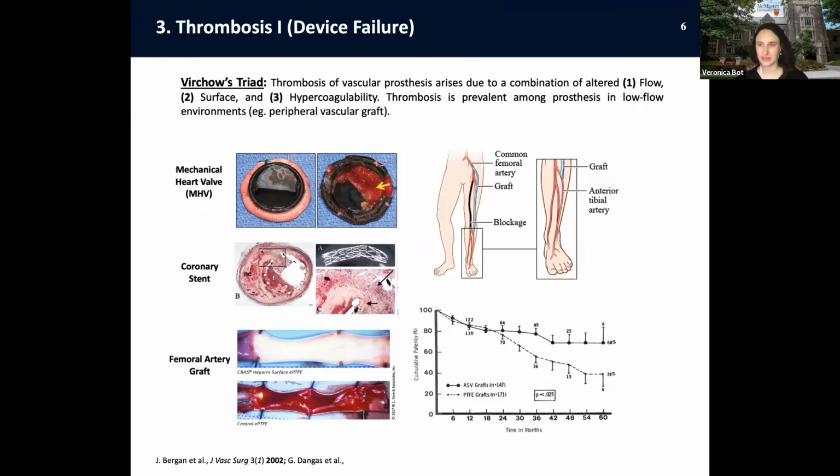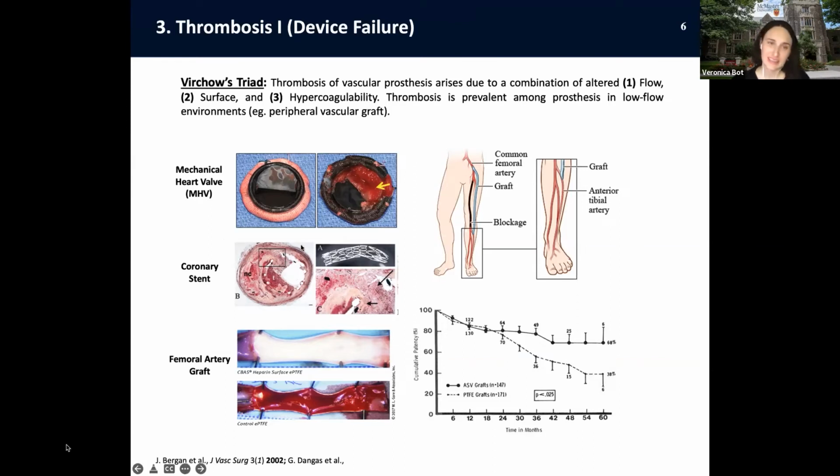The first being the presence of blood flow, especially altered blood flow conditions, so low flow conditions and stasis, the presence of surface, whether this is a vascular injury, whether this is a foreign material, it's an altered surface. So it's not a native blood vessel, it's a foreign material or a disrupted biological material. And also hypercoagulability. So in my case, I was not interested in the third pillar, it was a bit out of scope, but the first two pillars were essential when I was considering how to develop this platform I was tasked with in my project.